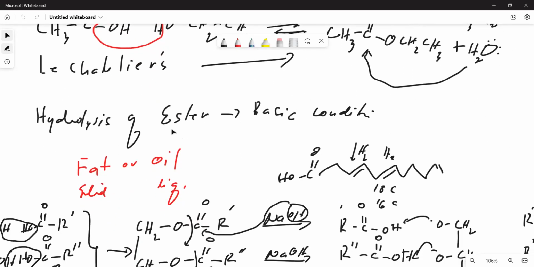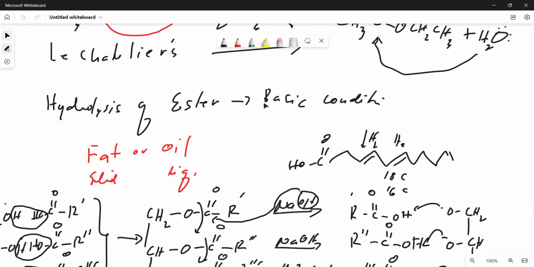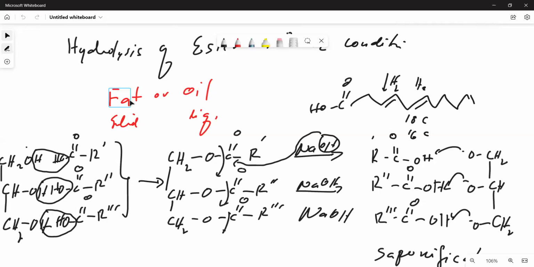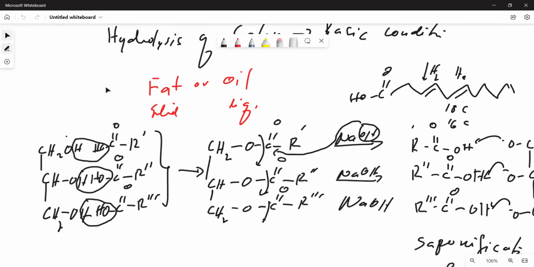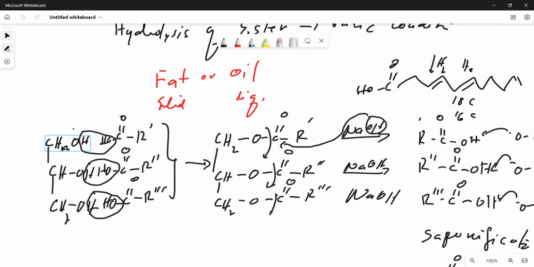So hydrolysis of ester can be acid catalyzed. It can also be base catalyzed. So you have basic condition, no? So let's look at the basic hydrolysis of natural ester, no? And I am talking about fat or oil. These are natural esters, no? They are synthesized from the reaction of alcohol. In this case, the alcohol that is